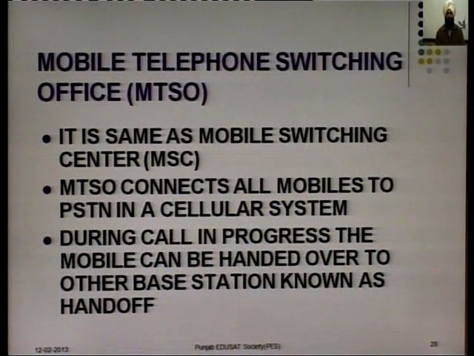Then the mobile telephone switching office, MTSO, is the same as the mobile switching center. It connects all mobiles to PSTN in a cellular system. During a call in progress,